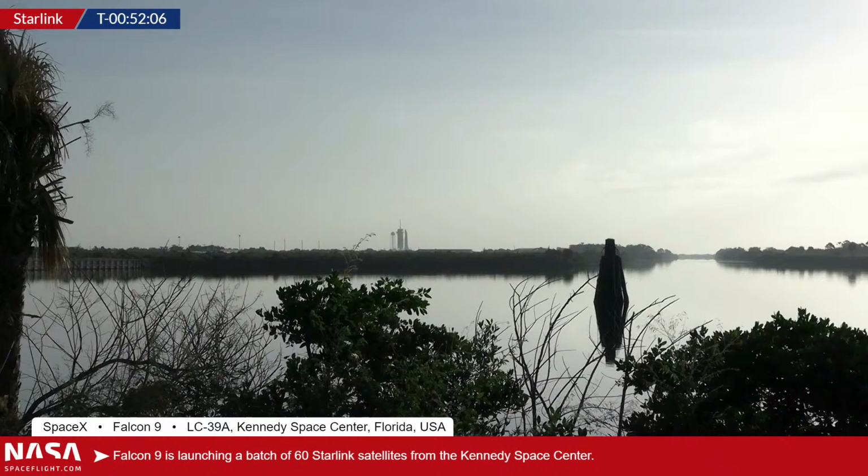First question: is this a normal Starlink launch? Is this 60 satellites? Sometimes they do like 58 or something. They have a rideshare. What's the payload today? Yeah, that's a great question. So this is not a rideshare like the previous three have been. There are 60 full Starlink satellites on board this particular rocket waiting to blast off here from LC-39A, which